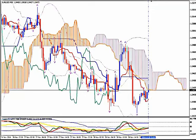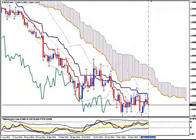On M30, we want to see a bullish price Tenkan-sen cross. We see the Tenkan-sen making a curve and one big body bullish candlestick jumping above it and closing above it. That's a bullish price Tenkan-sen cross, valid. So we will wait patiently here to see an upward move, and we will enter short from M30 once we see the opposite, a bearish price Tenkan-sen cross, and we will sell, placing our stop loss a few pips above the Kumo, and our take profit target can be at the lower Bollinger Band on the daily,